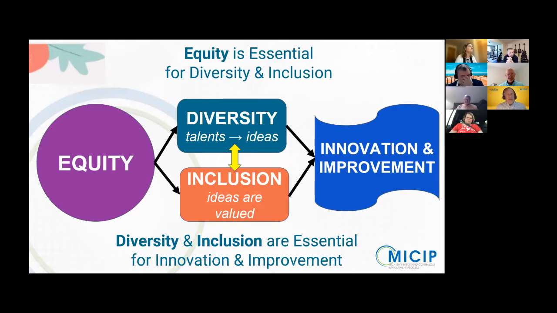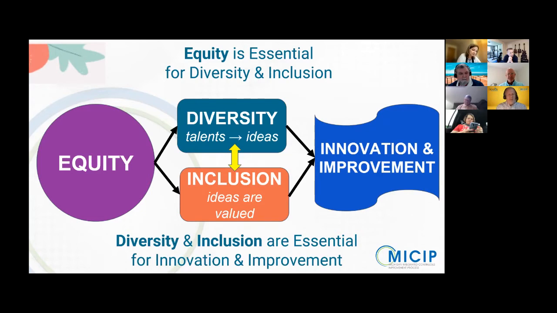And so this is what in part drives the rest of the conversation that we're going to have today. So you'll see what we've also done, and I want to give credit to Jan Callis, one of our colleagues from Oakland Schools, for designing this diagram. So again, we have to keep in mind that even diversity and inclusion are not the end goal, but rather they are the bridge between equity and what we're going for in our continuous improvement process, so to innovation and improvement.